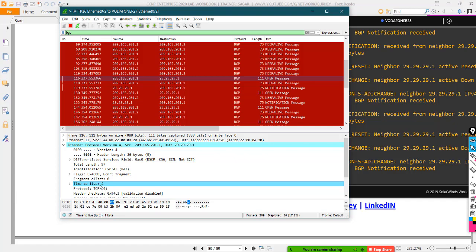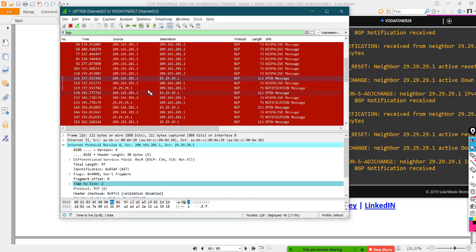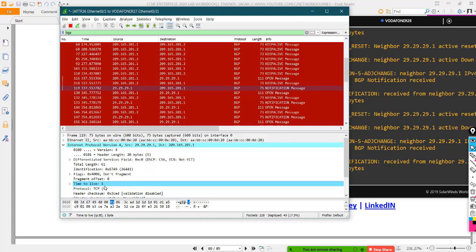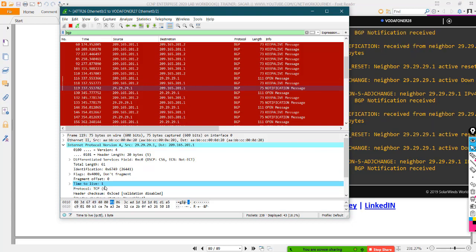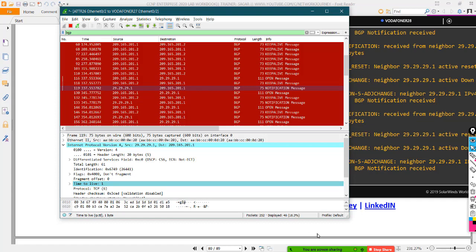So the TTL you can see here, it's 2, because that's my manual command that's making it send TTL of 2. As soon as it went from one hop to second hop, you see the TTL was decremented by 1. So that means your packet is going from one side to other side, and the TTL is getting decremented by 1. So it required 2 TTL to reach the loopback, okay.